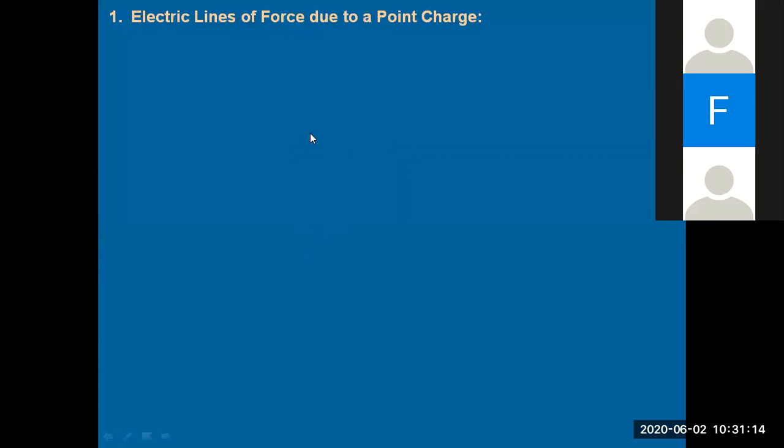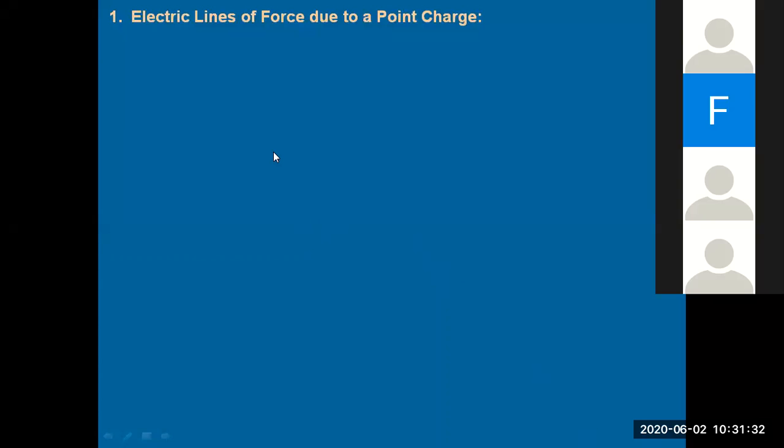So we were seeing what electric lines of force, what electric field lines are, and we were seeing the diagrams related to it. An electric field is a region surrounding any electric charge. We call it the electric field. And imaginary lines drawn for it, you call the electric field lines. So we did this with a few diagrams